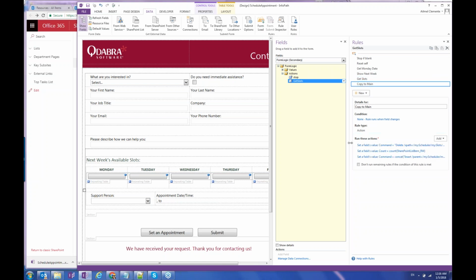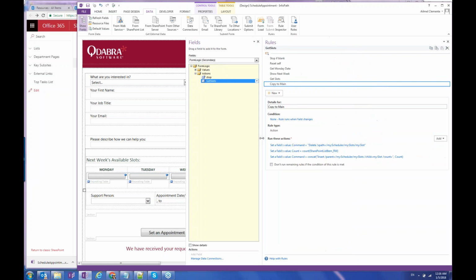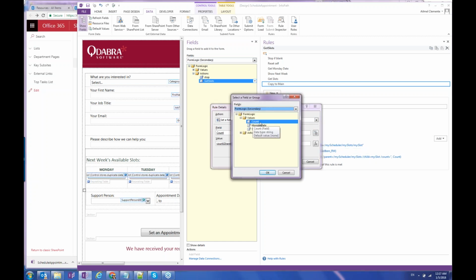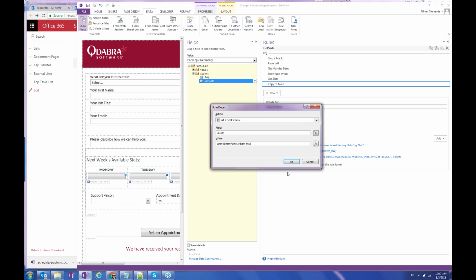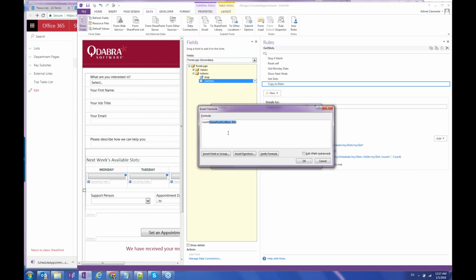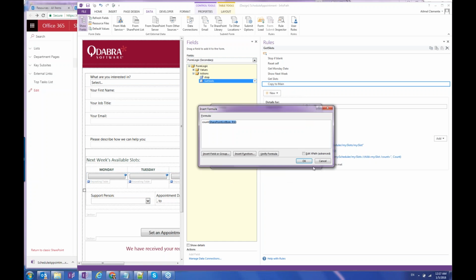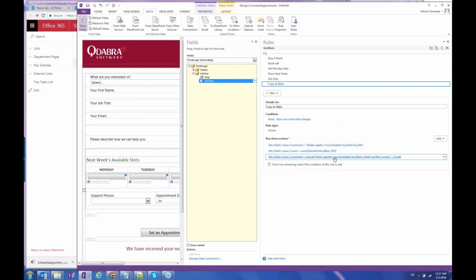Then we copy to main, and we're using, yet again, qrules commands here. First, we delete whatever's already in the main data source. Then we set this helper field in the secondary data source, called count, to the count of the items that we queried in the slots list, which is 20. So we get 20 rows back,